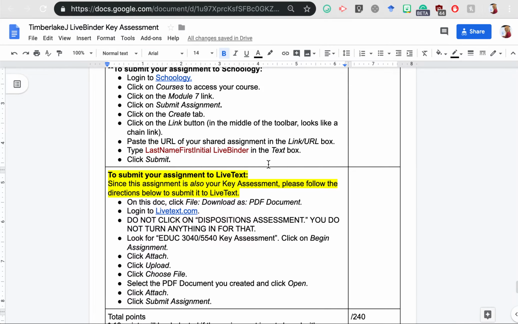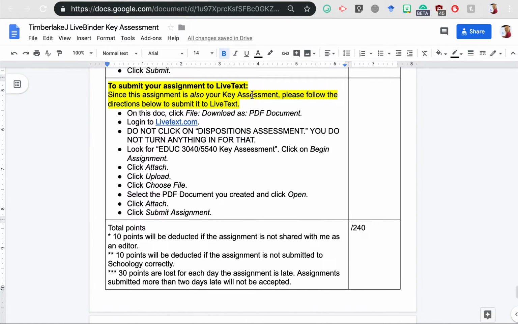Now let's go back to the Google Doc, and here I have highlighted to submit your assignment to LiveText. Since this is also your key assessment, follow these directions. So on this document, you're going to click File, Download As, a PDF document, and then you're going to log into LiveText. I actually can't show you what to do next because I don't have a student account on LiveText. I only have an instructor account, but I do know exactly the steps to take because I had a student